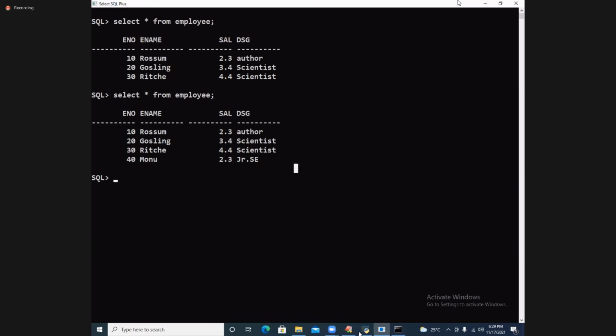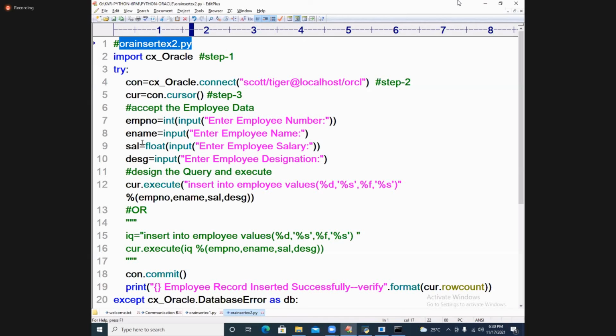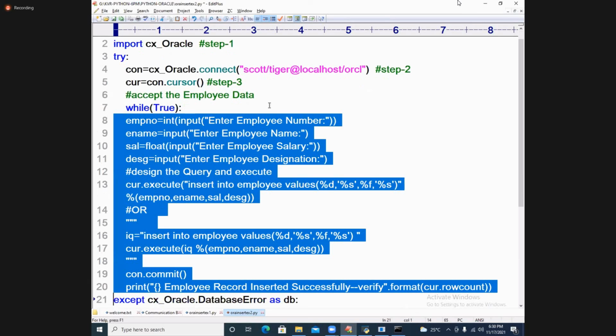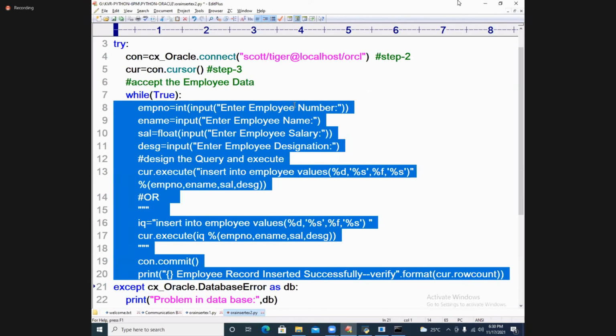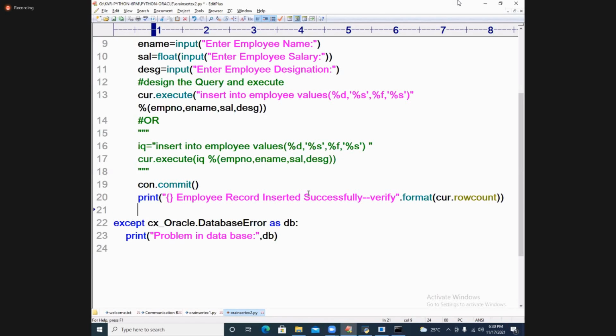If you want to execute once again, instead of that, I can write it repeatedly. Do you know? You already have a good logic, right or not? Continuously I want to repeat until you say you don't want to insert the record. Beautiful. Now I will go for getting the data continuously. How do you get the data? While True. Do you already know this logic or not? Yes, sir, we know this logic. Just take this side and I will write it.